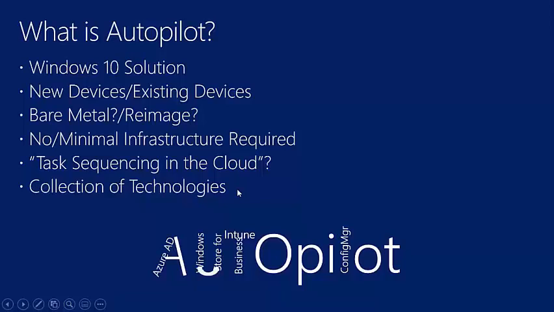Autopilot works with bare metal and re-image scenarios? Now I put question marks there. Why? Because when you hear about Autopilot, you typically think about this as a brand new system out of the box. So these concepts that I mentioned there, bare metal, re-image, are concepts that really apply in the imaging world. They don't really apply to Autopilot so much. You can kind of think through them. The closest equivalent in our vernacular talking about imaging would be the idea of pre-staged media. That's the closest comparison. But regardless of how you do it, whether you take an existing machine in the field or you have a brand new system that you're unboxing,